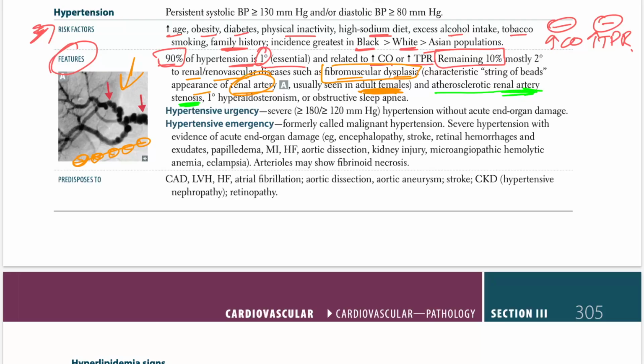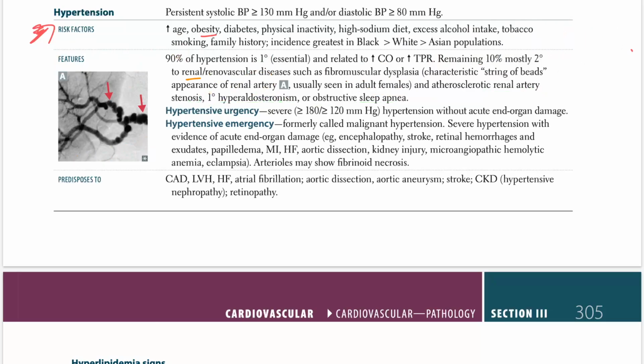Other than that, you're looking at primary hyperaldosteronism, right? Or OSA, which is obstructive sleep apnea. So let's just look at these causes. 90% is just essential due to the fact that you're increasing cardiac output and increasing the TPR, total peripheral resistance. 10% is secondary to